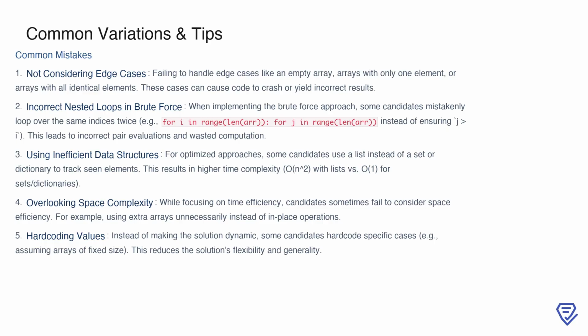Additionally, using inefficient data structures can severely impact performance. For example, tracking elements with a list instead of a set or dictionary increases time complexity unnecessarily. Space complexity is another factor to consider. Candidates sometimes use extra memory, like additional arrays, when in-place operations would suffice. Finally, hard-coding values, such as assuming fixed array sizes, reduces the flexibility and generality of your solution, which can be